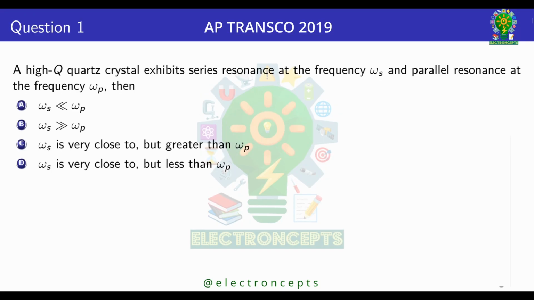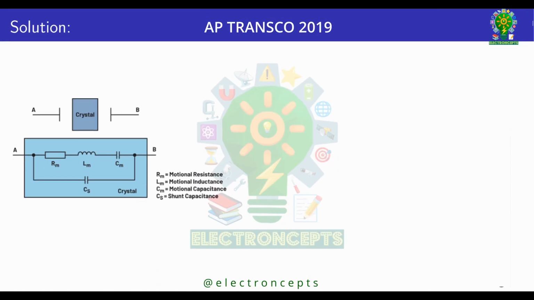Question number 1. A high Q quartz crystal exhibits series resonance at omega s and parallel resonance at omega p. To answer this question, we need to know the structure of a high Q quartz crystal, which is like this. In a high Q quartz crystal, series resonance omega s occurs when motional inductance Lm and motional capacitance Cm resonate, and parallel resonance frequency omega p occurs when Lm, that is motional inductance, Cm, motional capacitance, and shunt capacitance Cs